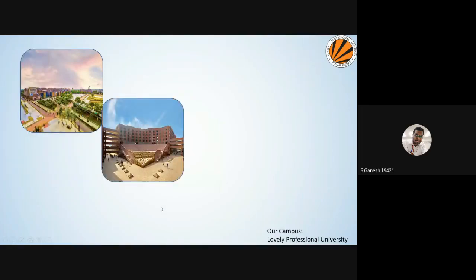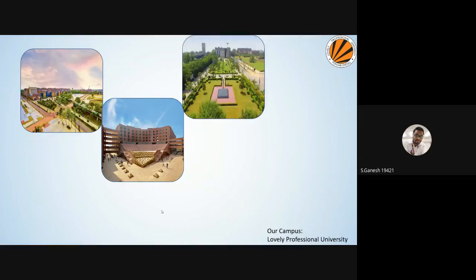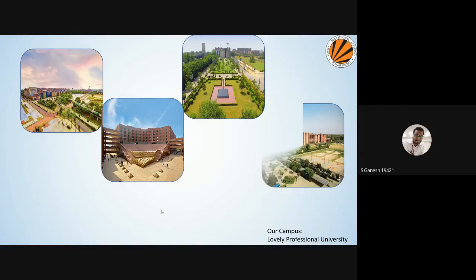Moving on to the campus, our Lovely Professional University is a wonderful campus where you can explore a variety of environmental and aesthetic views. A number of students from various countries study here, and various activities are going on. Since it's a lockdown, we could not go for offline classes, but we are doing wonderfully in online sessions too.